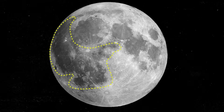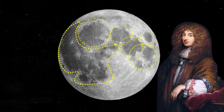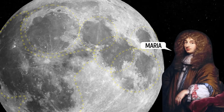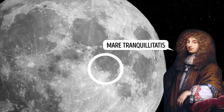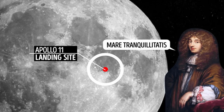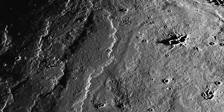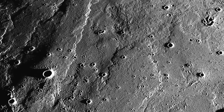A long time ago, in the 17th century, astronomers saw large dark spots on the Moon's surface. One of these astronomers thought these spots looked like oceans, and he called them maria, which means seas in Latin. Other astronomers also made maps of the Moon, and they used the term maria to describe these dark spots. For example, Mare Tranquillitatis translates to Sea of Tranquility, where Apollo 11 made its touchdown. But it seems those dark spots are not actually oceans. They are plains made of hardened lava that erupted long ago. These volcanic eruptions left behind smooth flat areas